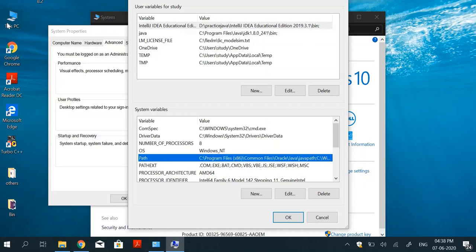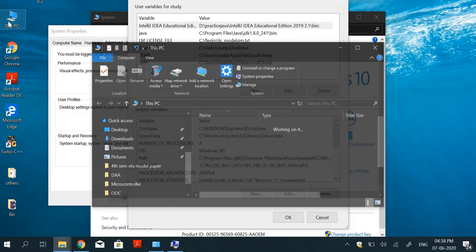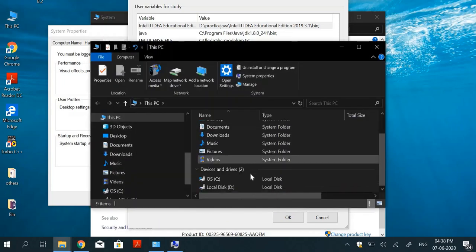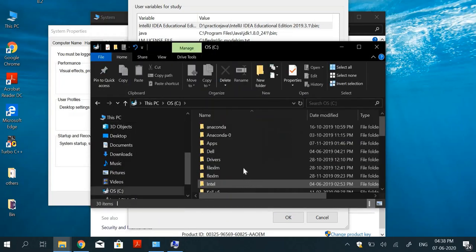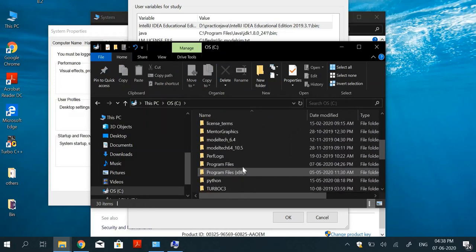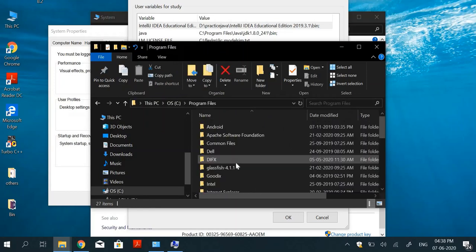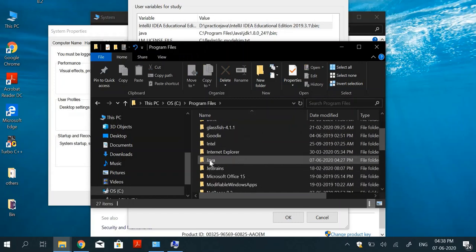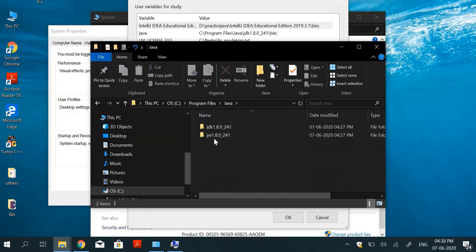Okay, and then after that you have to go to C drive. In C drive you have to go to program files. In program files, go into Java. In the Java folder there are two folders, JDK and JRE.